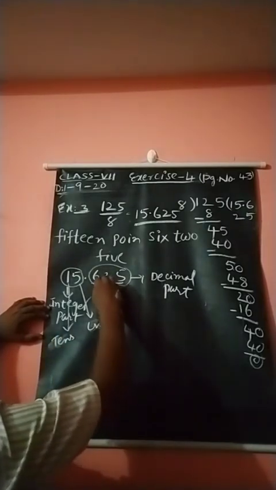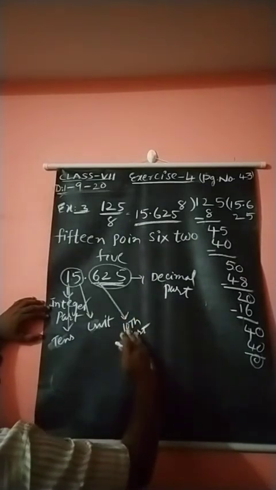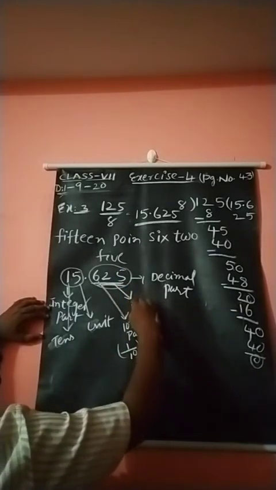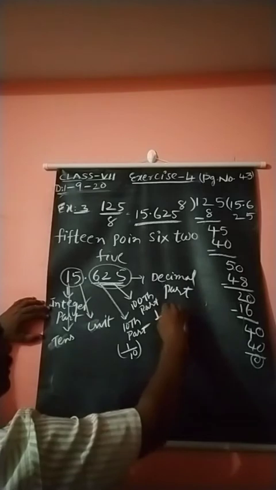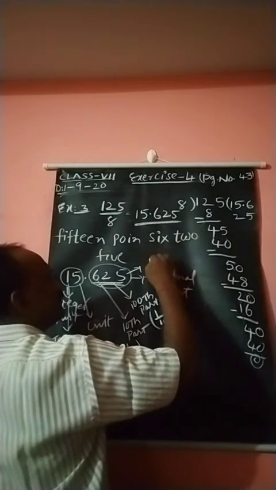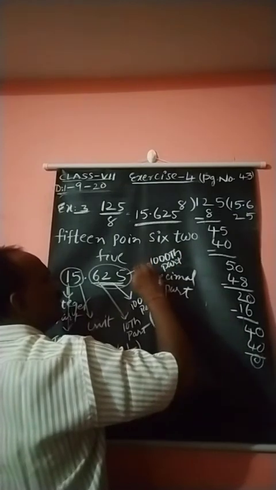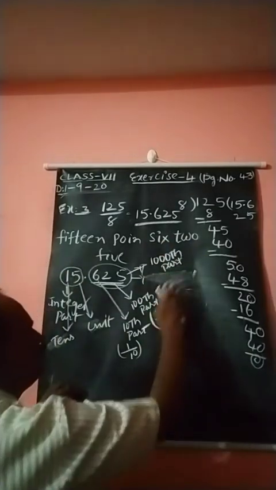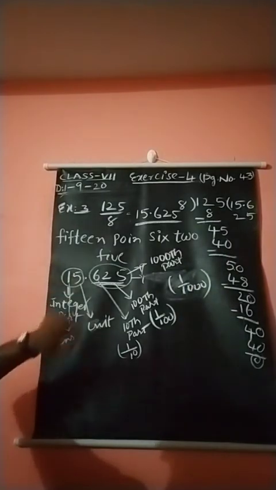And in 625, 6 is the 10th part, which is 1 by 10. And 2 is the 100th part, that is called 1 by 100. And this is the 1000th part, which means 1 by 1000. If you want to write the place value of this number,